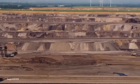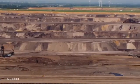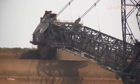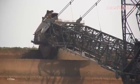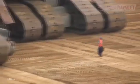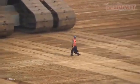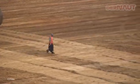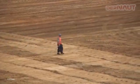Much like any other village in the area, it's been partially or fully destroyed to make way for mining operations. The Garzweiler mine is divided into two sections, Garzweiler 1 and Garzweiler 2. 1 has been in operation since the 1980s, while 2 was developed since the 2000s after much debate and resistance. The lignite extracted here is mainly used to fuel nearby power plants, which provide electricity to millions of homes and